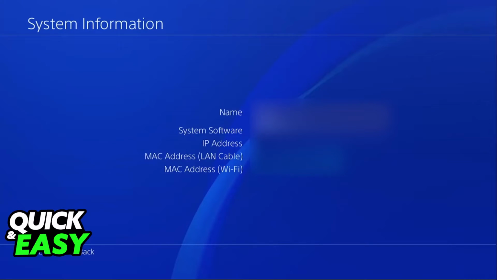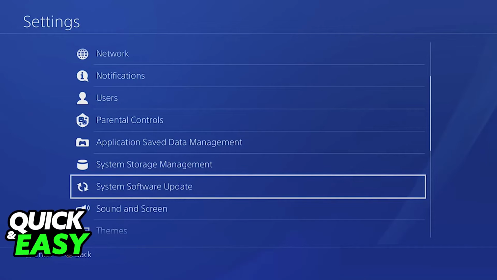You might also see some other information about the console, like the name that is displayed and some sort of IP address or MAC address, and you can use this for whatever reason. Every time that you go in here, you will be able to check it, and of course, when you update the version, this is going to change. Besides this, there's not much else to do in this window. You will be able to see the firmware or the software version, and besides this, you cannot change any of these settings. Remember to always update your console if you would like to get the most up-to-date bug fixes and